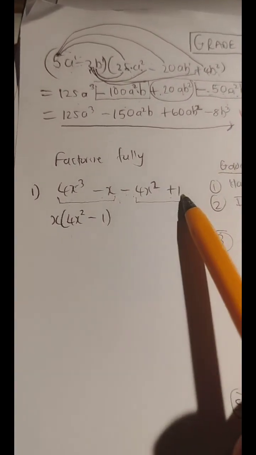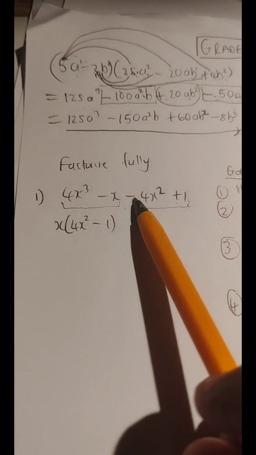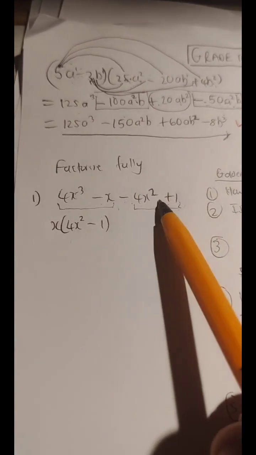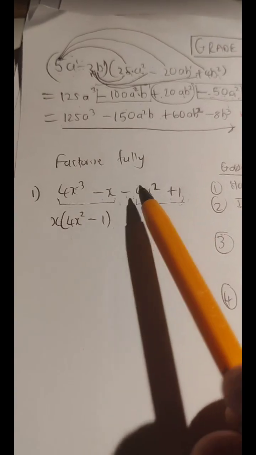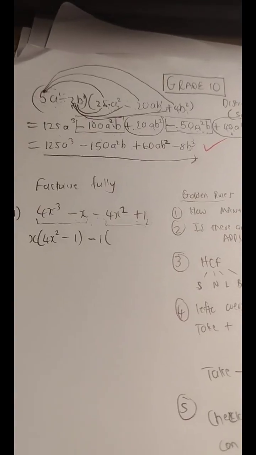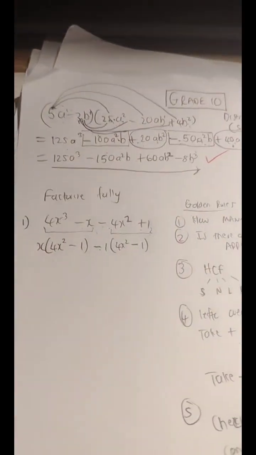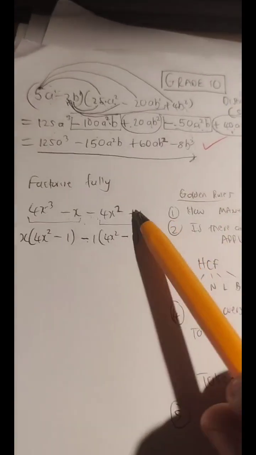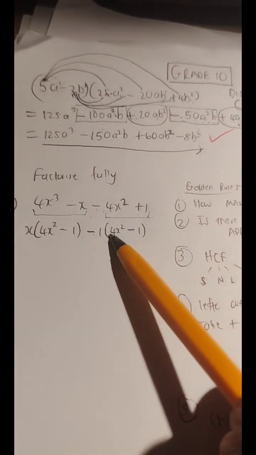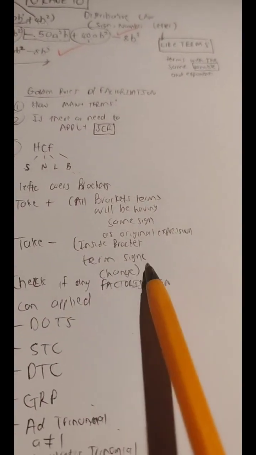Look at these last two terms. Look at the first term in these last two. The first term in these last two terms is negative. So the highest common factor sign is negative, and between 4 and 1, the highest common factor is 1. So we're going to take out negative 1. What gets left over inside if we take out negative 1? We get left with 4x squared. Remember, when you take out a negative, the signs change inside the bracket. Okay, what was positive is now negative. What was negative is now positive inside. That's why I was saying whenever you take out a negative, inside the bracket the term signs change.